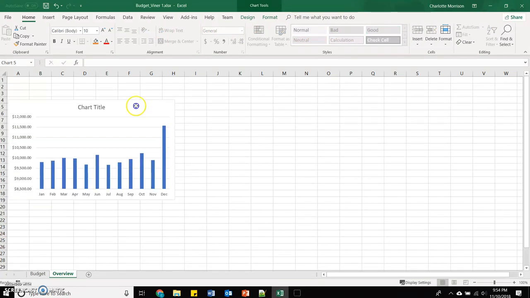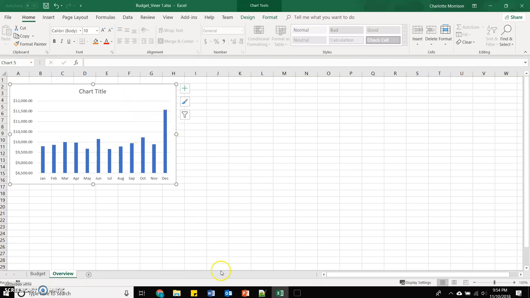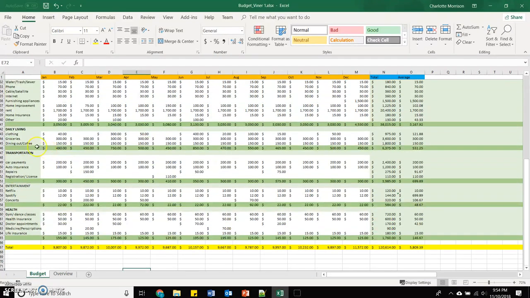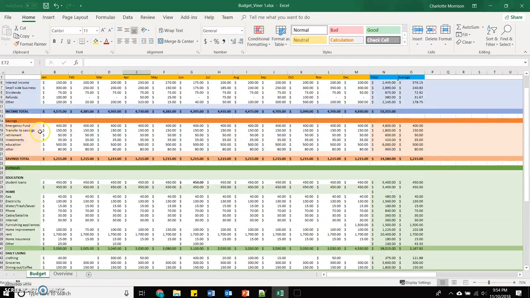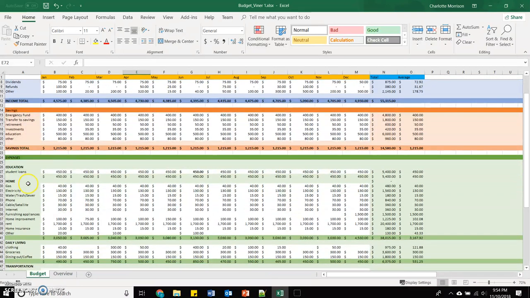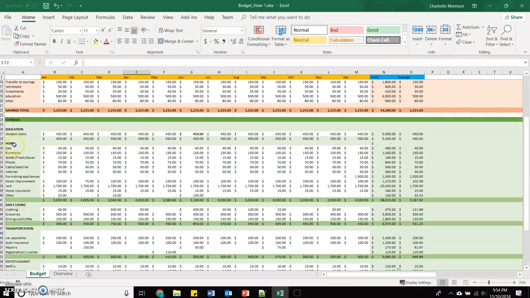Now, if you'd like to see maybe what percentage of each of these and put them into a circle chart, a pie chart, I can click off that. Now I'm going to want to grab some headings from over here, and this is where your control button is helpful. And don't scroll with your control button held, that's what I did before. So I might want to see what percentage of my expenses. Let's grab all my expenses and start with